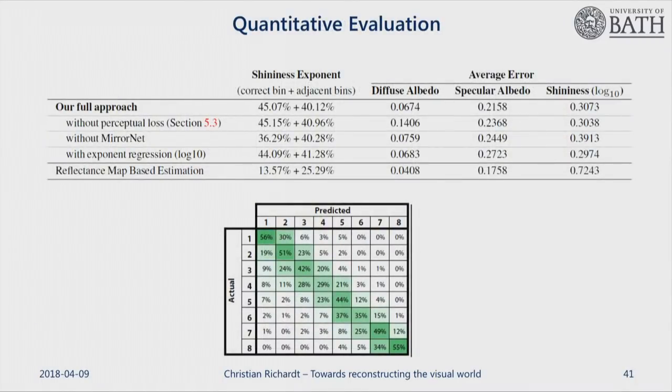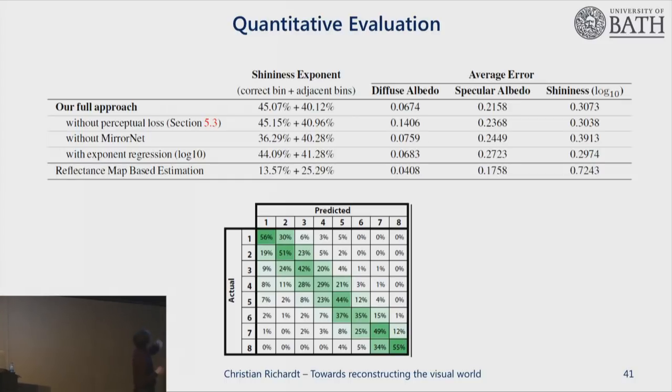So quantitatively, we found our approach to work pretty well. It is not best in all individual categories when we evaluate the albedo for the diffuse and specular and the shininess, but we found that overall across all the categories, we have the best trade-off. So our full approach